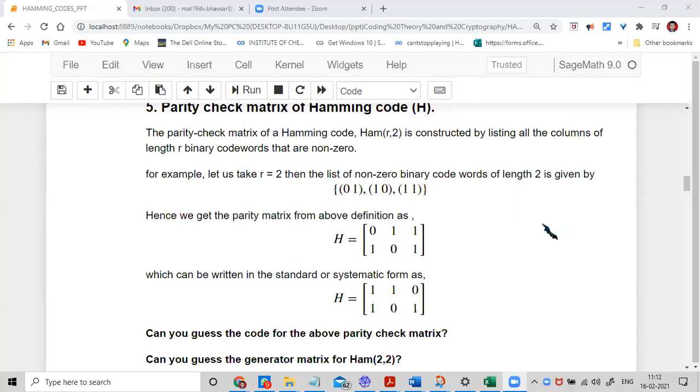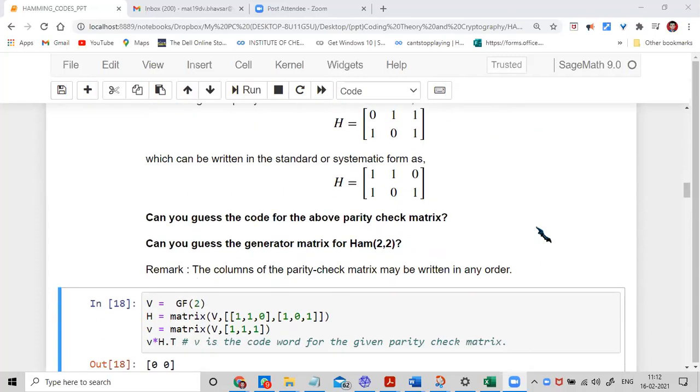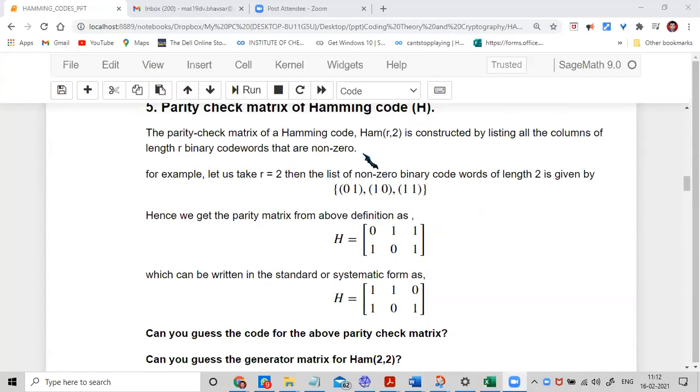Is it clear? Yes, sir, now it's clear. Everything clear. Okay. Over to Dhruv. So is r equal to k, or if I've got modulo, is r equal to k? No, r is not k. He already gave it earlier. The n value is 2 power r minus 1 and k is equal to 2 power r minus 1 minus r, right? Can you show, Dhruv?